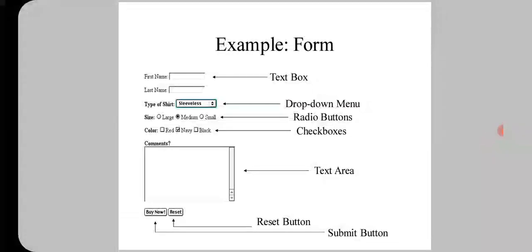Here in this form we use different fields, different labels and different controls placed on the form. The labels are first name, last name, type of shirt, size, like that. Here we are using text boxes, drop down boxes, radio buttons, check boxes, text area control, submit button, reset button, like that.